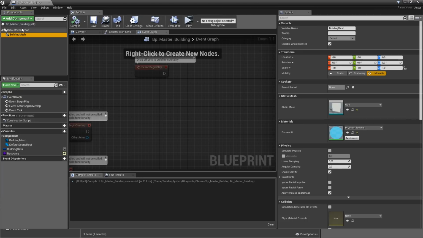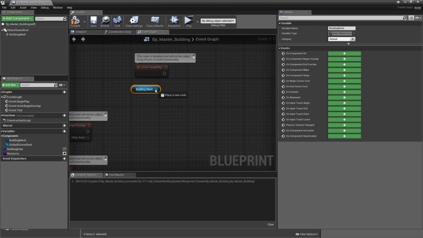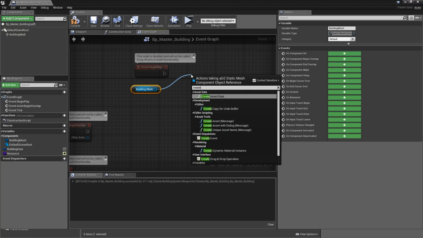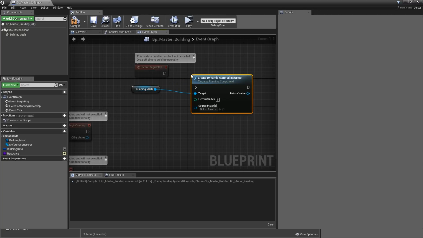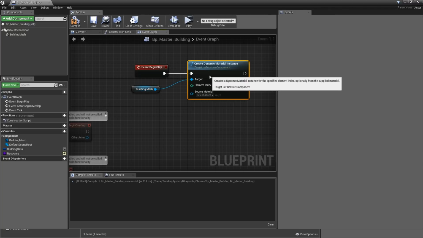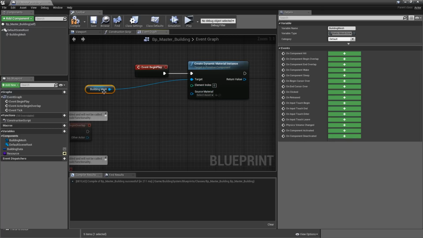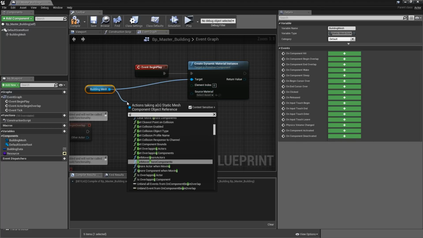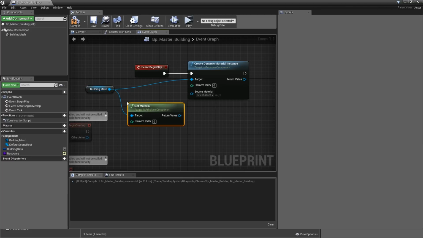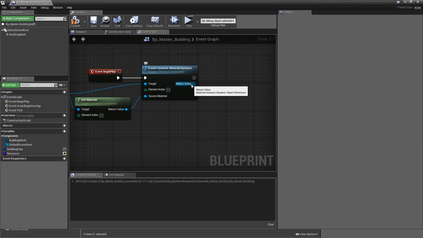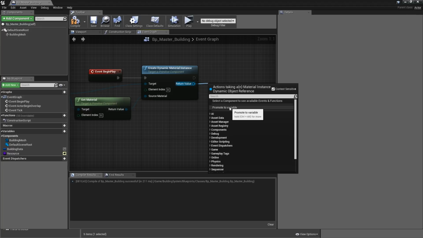To do that, you just drag in your building mesh and off of it create dynamic material instance. Then it will be asking for a source material. To find that, just off of our building mesh, get material, element index is 0, and hook up the return value. Then our return value here needs to be a variable, so promote that.